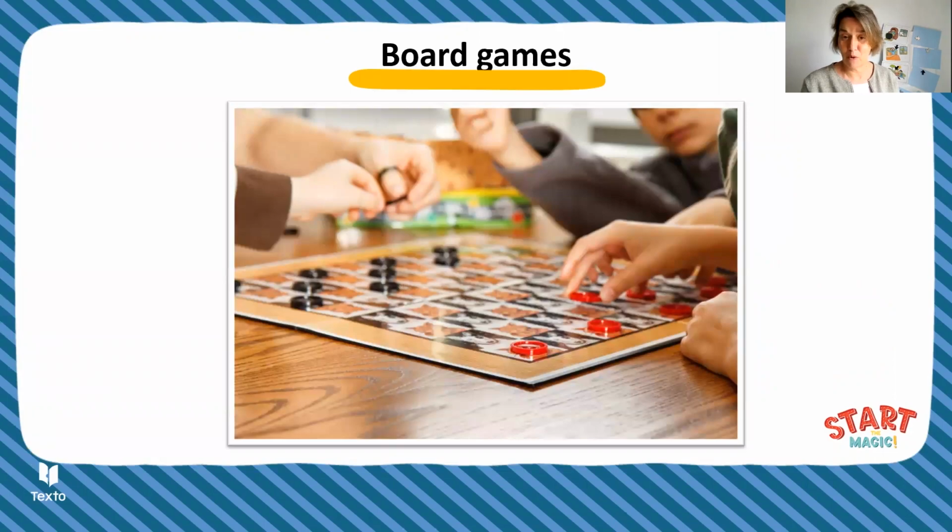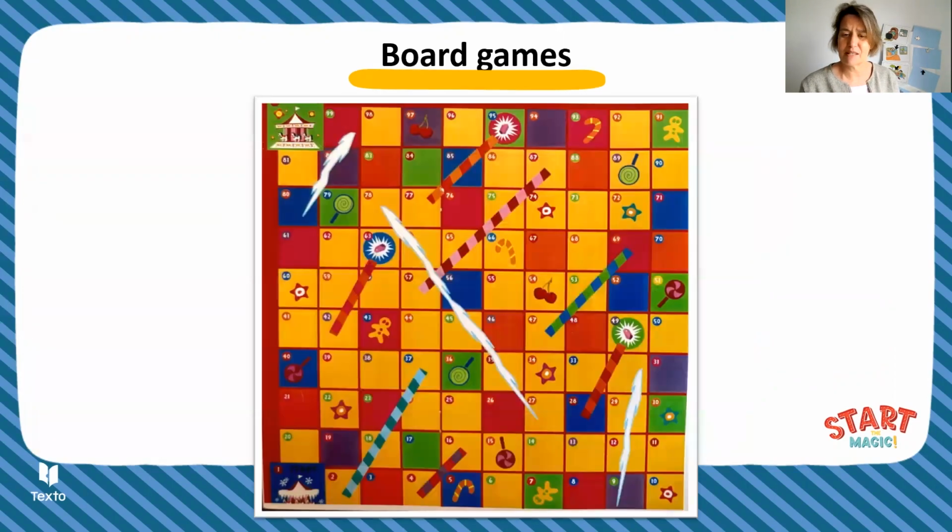All right, so we're coming on to my last game, and that is a board game, right? And again, our course books often have many board games, and the board games are already designed to practice any sort of particular language areas. But one thing that I like to do is to have some sort of generic board game, right? So here I have one which is quite old, and it doesn't have anything on it, as you can see, right? But then you could just make up a set of cards that you could use with this board game. So for example, every time they land on a picture, they take a card,